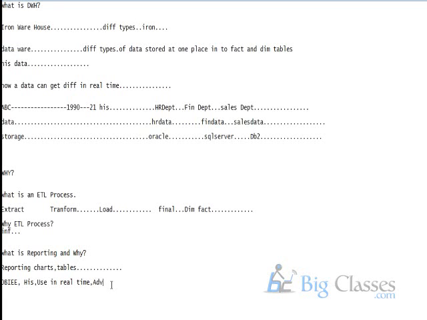Now, what is OBIEE? Until this part, if you have any questions, you can just type to me or ask me. You understood, right? What exactly a reporting tool will do in a data warehousing environment? And OBIEE, Oracle Business Intelligence Enterprise Edition, is a reporting tool from Oracle. If you understood till this part, you can just type yes, so that I can go further ahead and show you the slides, and it will be very clear for you.